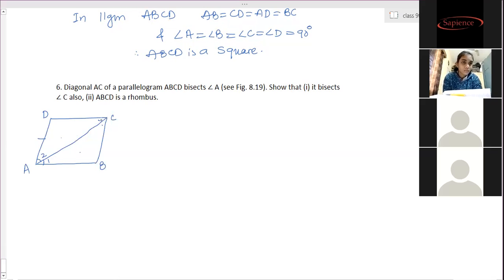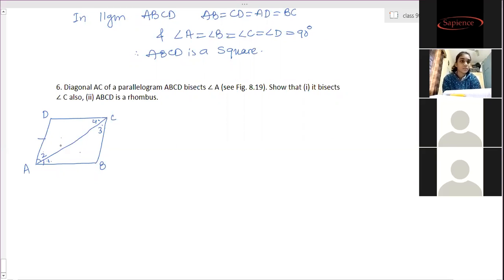So now this is angle A, and half of angle A is equal to half of angle C. So angle 1 is equal to, here we saw, angle 1, and this is 3 and 4. So 1 is equal to 4 and 2 is equal to 3. And as well as 1 and 2 are equal. So therefore 3 and 4 are also equal.